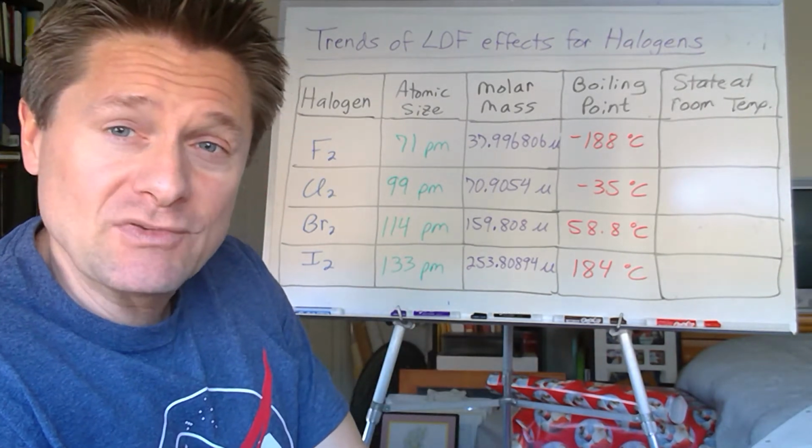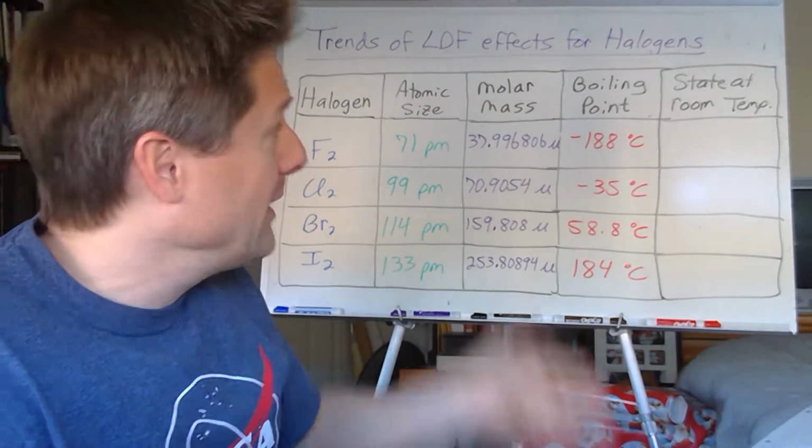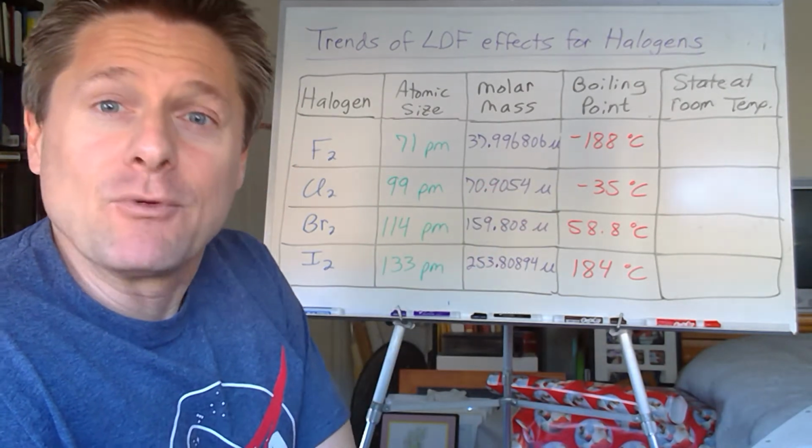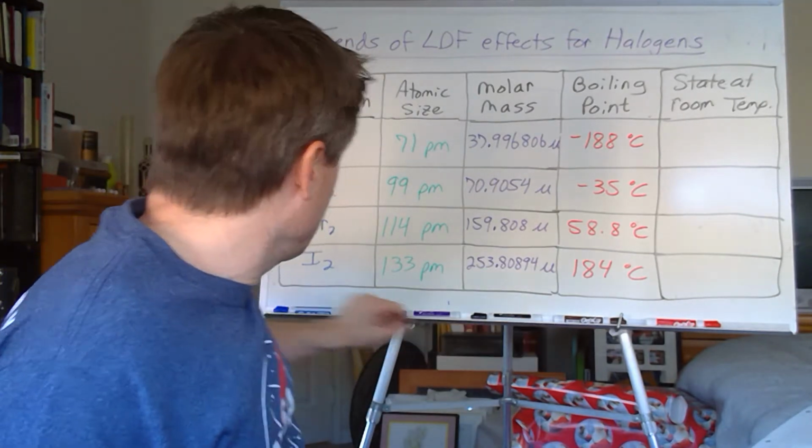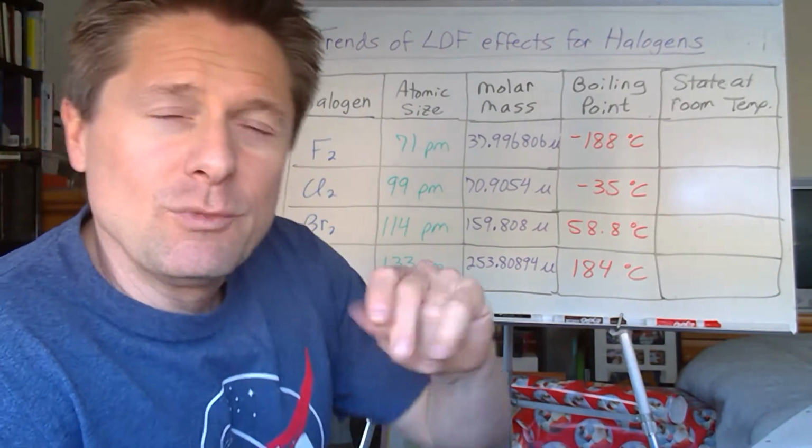Now what I want you to do is, you probably know this from periodic tables, we could predict the state at room temperature, right? These are effects of intermolecular forces. Let's take a look here. Room temperature,